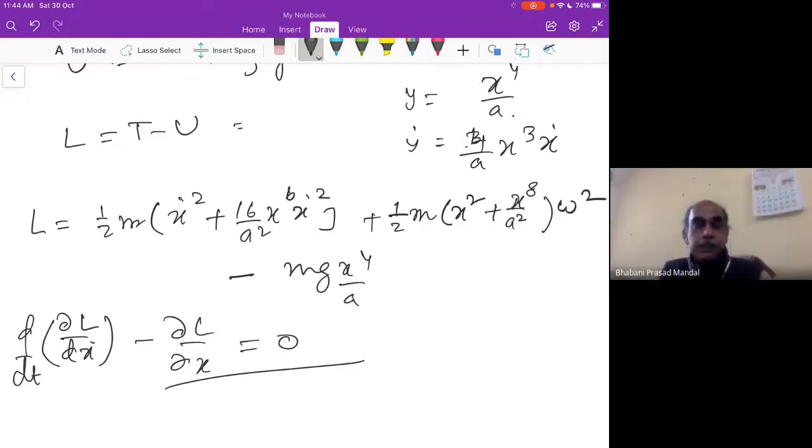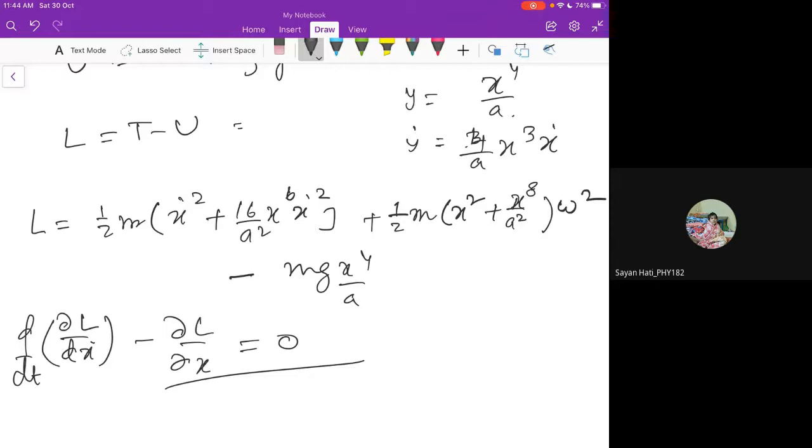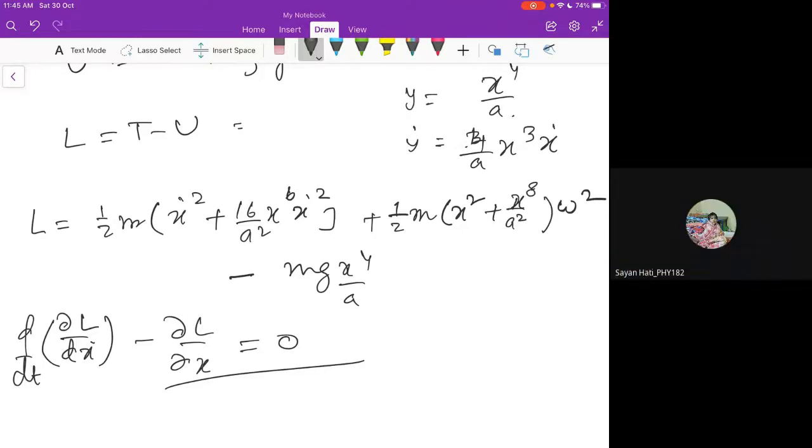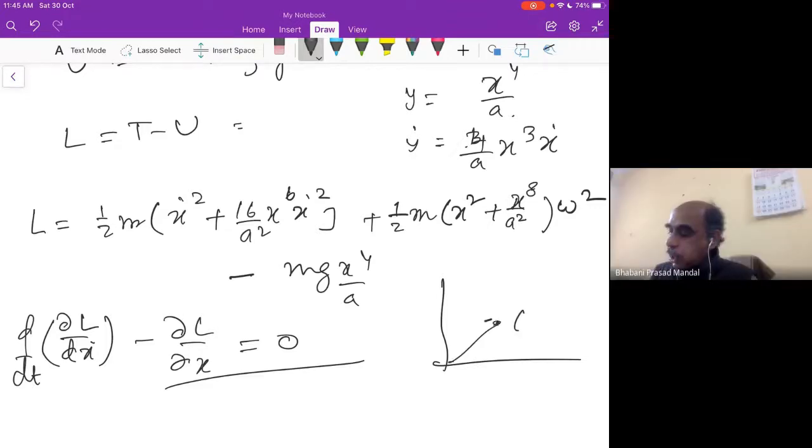Sir, how? Tell me, sir. It was written in the question that this whole curve moves around the y-axis, so it will always have a z component. I mean, it will move in the xz plane also. No. You see, y is vertical. Y is vertical, written clearly, no? So x and y are in a vertical plane. XY is not a horizontal plane. Sir, can you draw and show the motion of the curve? It's rotating about its apex. Suppose this is the position x, y, then it is also rotating. This is y, and this is x, vertical. No question of z.